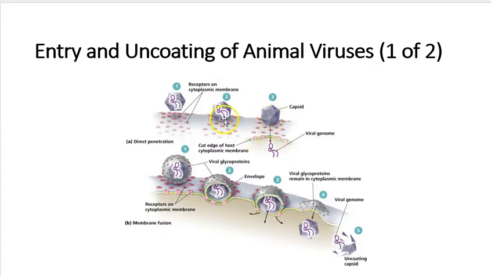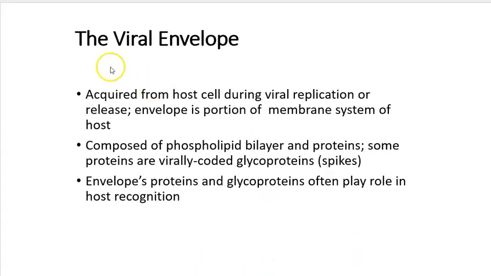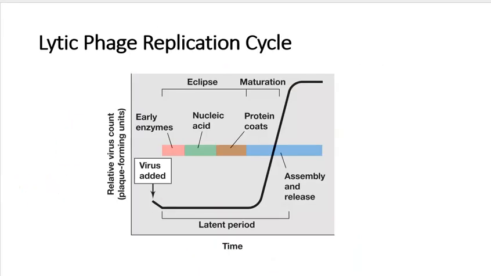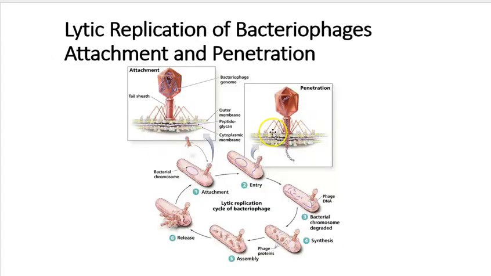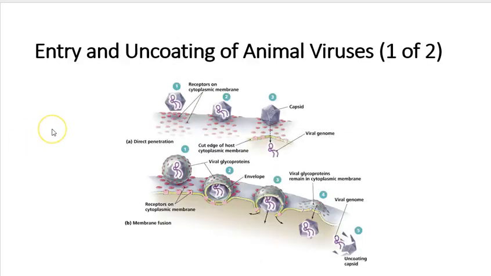So you see the genome is here. It's not like we saw with the bacteriophage. Let me go back here real quick, where you just got the tail fibers coming down. Okay, you can't do that with an animal cell. So what happens is that only the genome goes in. Okay, that's direct penetration. For most of these, what happens is that